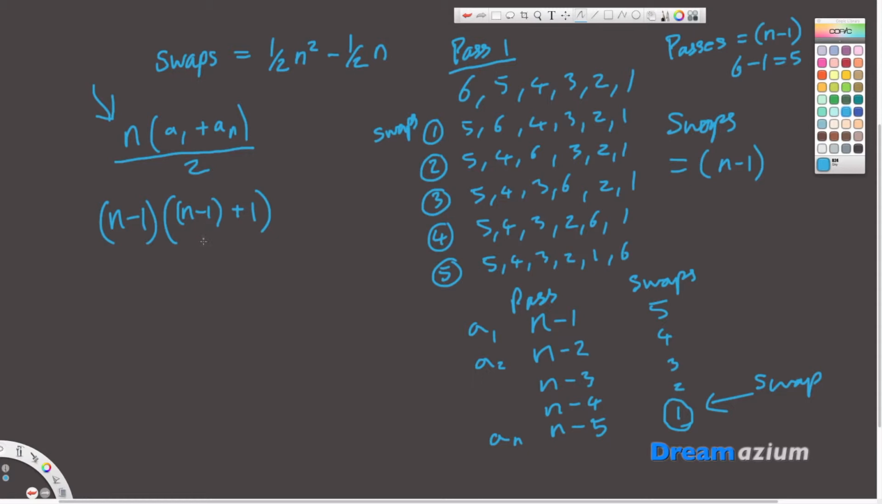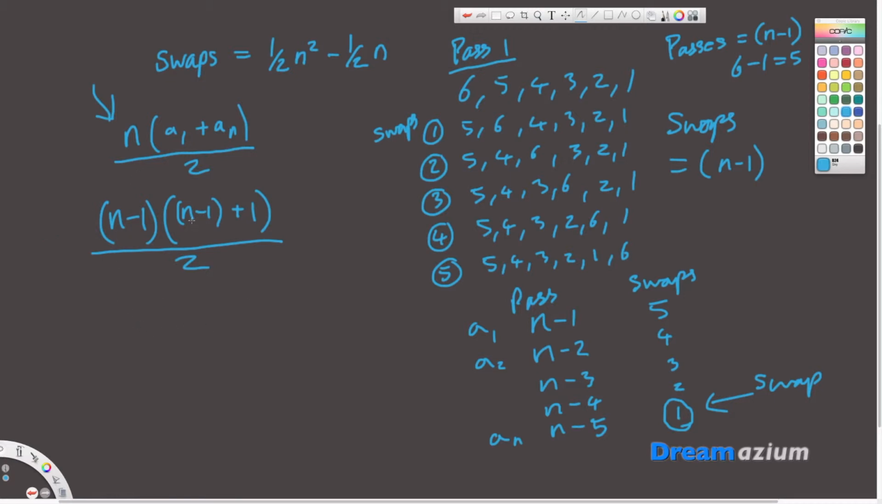So the first item in the list is this one, and this is all, of course, divided by 2. The first item is this one, the last item is this one. Now, if we do a bit of algebra,